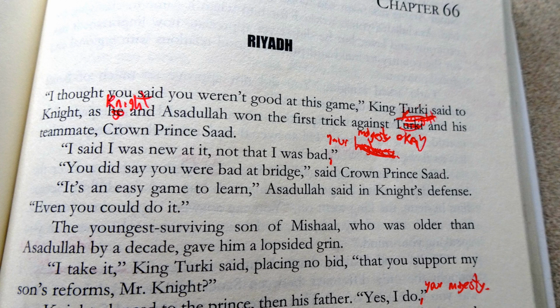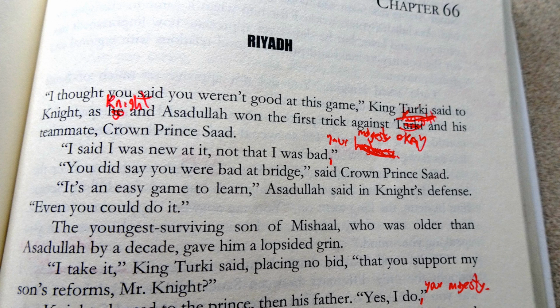But in this scene, Trevor hasn't really had many meetings with the king, and so Trevor is just being more formal here. So he is referring to the king as "your majesty," and the princes he refers to by their proper titles. So it's just Trevor being more respectful toward their titles and all that. And kind of the